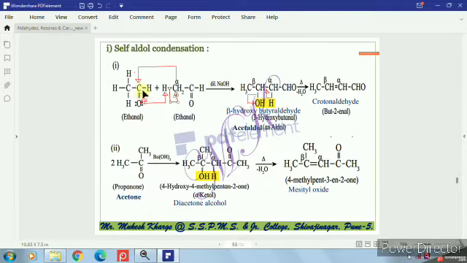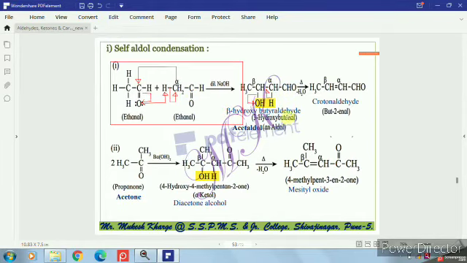So what do we get? If it attaches to this carbon, then this carbon becomes pentavalent, the double bond gets shifted to oxygen, oxygen becomes negatively charged, and it accepts this hydrogen. So this is only a rearrangement. So what we get: CH3 of the second molecule, CO gets converted to COH, this hydrogen remains as it is. Then this CH2 will attach to this carbonyl carbon, so CH2 and the CHO group of the first molecule remain as they are.